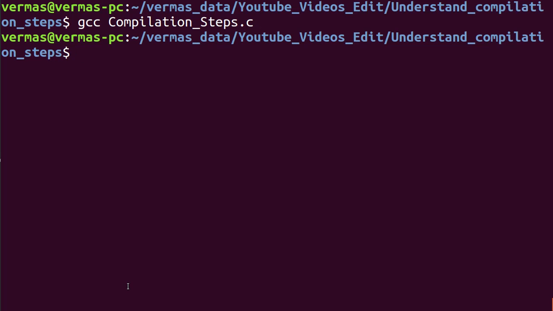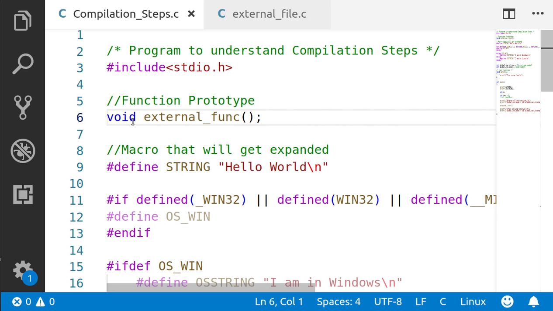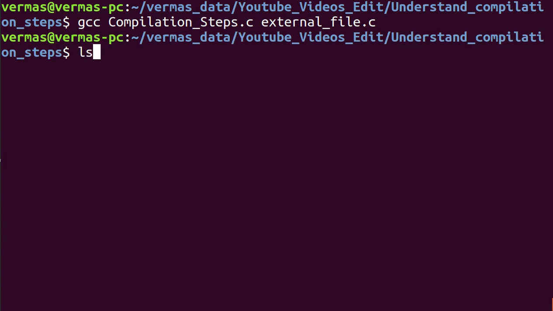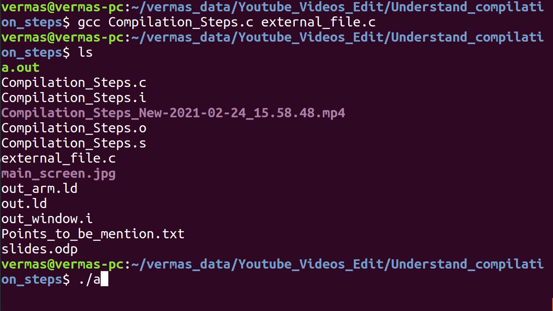Now for running this file on my system, I have just dropped the ARM cross compiler and used the GCC compiler here so that I can run this file on my PC. I have also included the prototype here. Since I am merging the two files, I have used both files with the GCC compiler here, and you can see the final executable gets generated, and now I am running it.